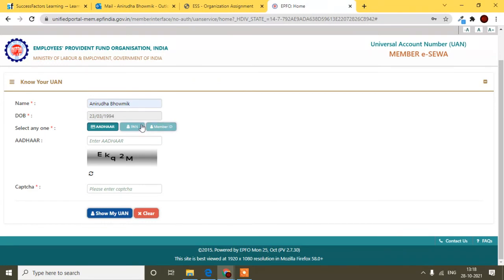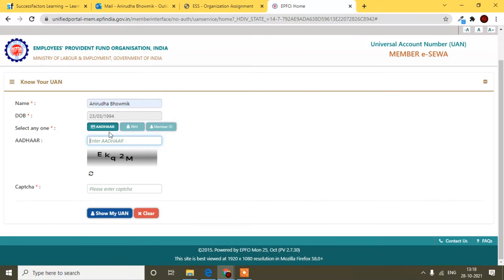So first of all click Aadhaar, and now write your Aadhaar card number. And if you didn't get any UAN number, then choose PAN number, write your PAN number and try to find it again.